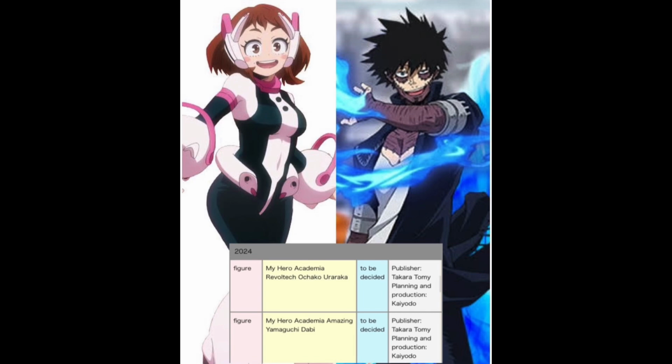Now, moving on to the boy Dabi, this just works for so many reasons. Even though I don't like the way he's written later on in the manga, right now in the anime, I absolutely love Dabi. And at this point, I'm going to go ahead and spoil, because it's been out forever, Dabi or Toya. And I really hope we get some Toya accessories, man. I want a white hair piece, man. I really want to be able to pose him in both forms,